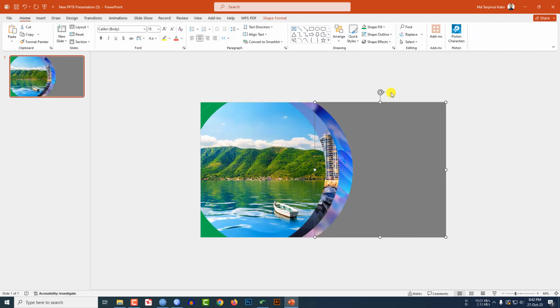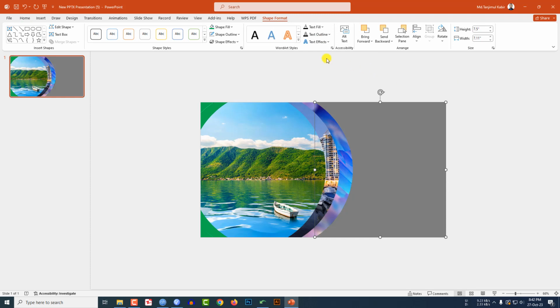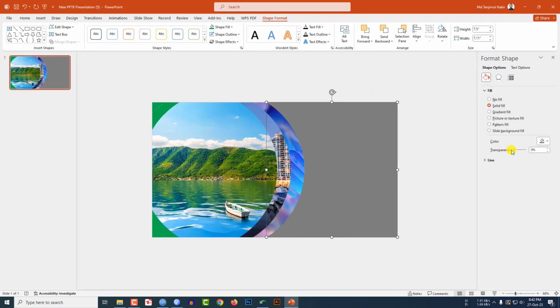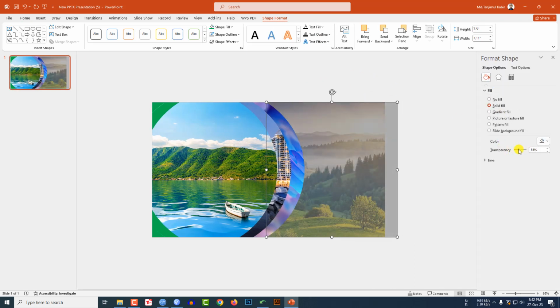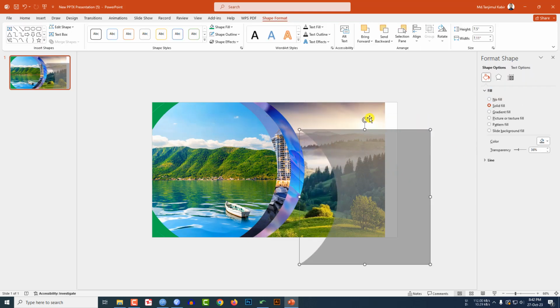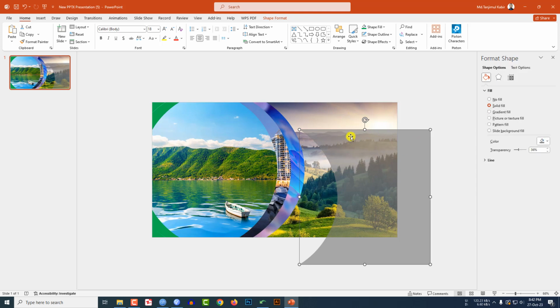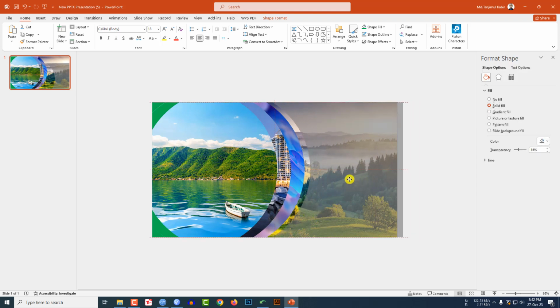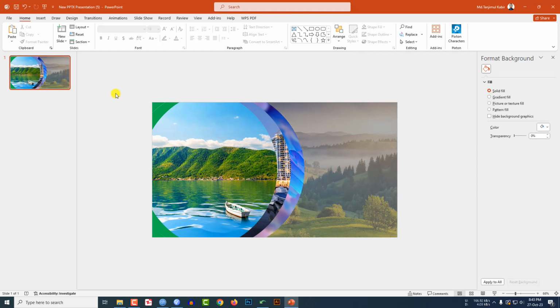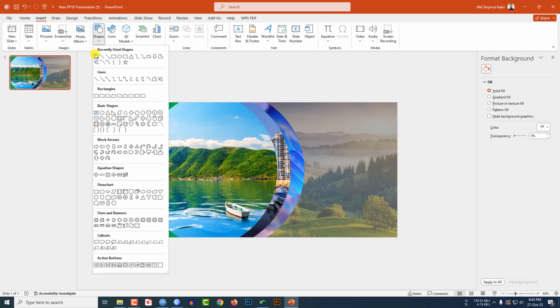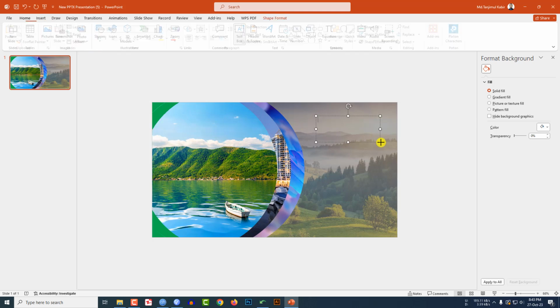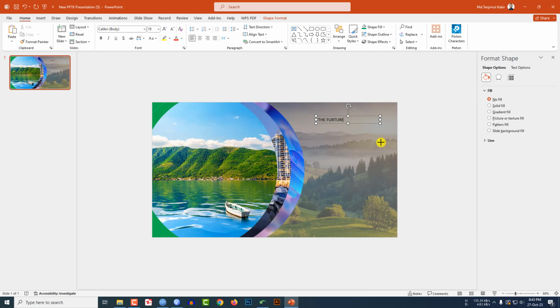Now let me select this shape, Shape Format, Format Shape, Fill. Increase the transparency like this, and here you have to place the picture like this and make sure it covers the whole area and place this one here. Now I have to add some text. Go to Insert, Shape, Text Box, write the feature, change the font, increase the font size, change the font